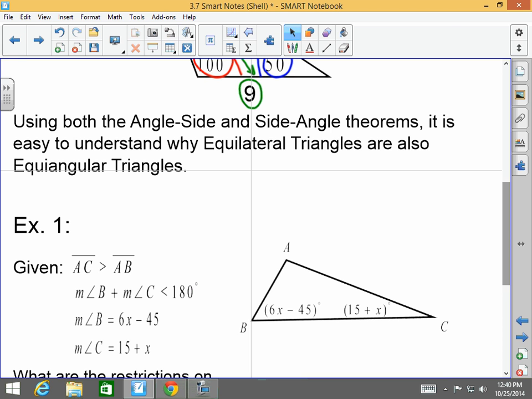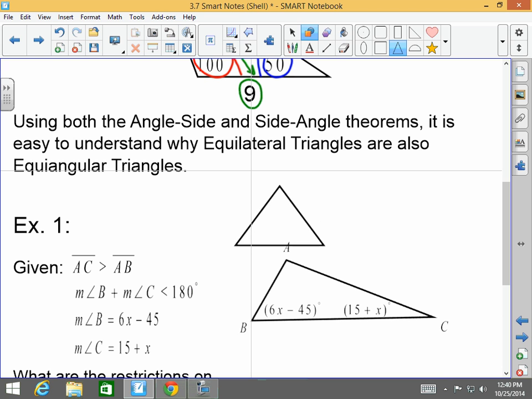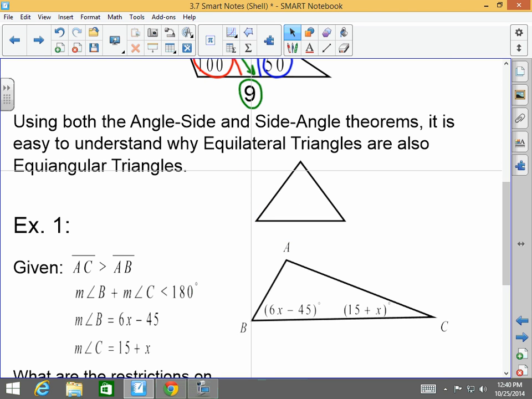If I have an equilateral triangle, let's call this ABC, and I know that it's equilateral, that means that all the sides are congruent, then using the angle side and side angle theorems, it's easy to see, well, if all these sides are congruent, then that means the opposite sides,